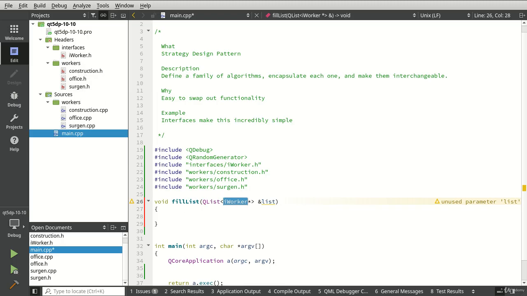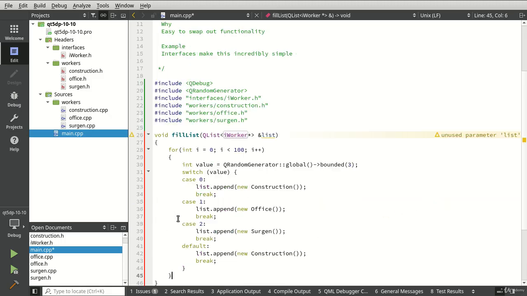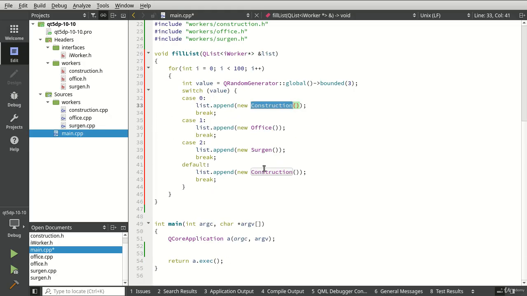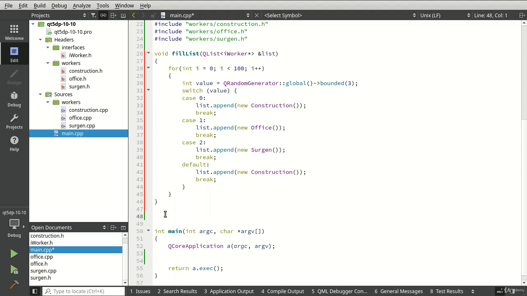So, bang, just going to paste that in there. For i from 0 to 100, we're going to generate some random number. Based off that random number, we're either going to make a new construction worker, office worker, or a surgeon. Doesn't matter which one. Default's going to be construction, just in case somebody comes in here and tweaks that number around. Now, our actual part of our strategy here is going to be void